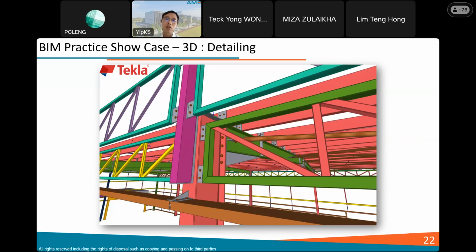So we solve all the clashes, and then they can even produce a very detailed material list, even how many screws, how many nuts are required for this building, so that the procurement team can procure the materials